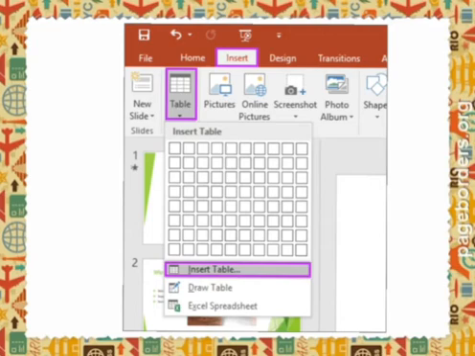We can also use Insert Table and Draw Table options from Table button on the Tables group. If we need to add an Excel spreadsheet in a presentation, we use the Excel spreadsheet option from the table drop-down list.